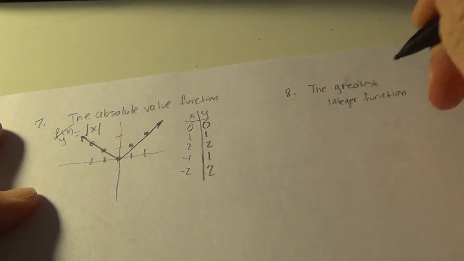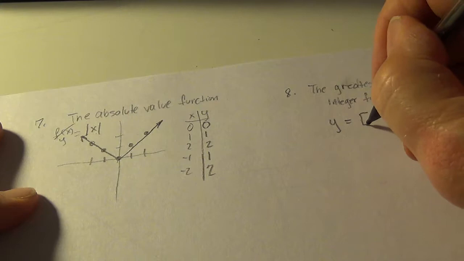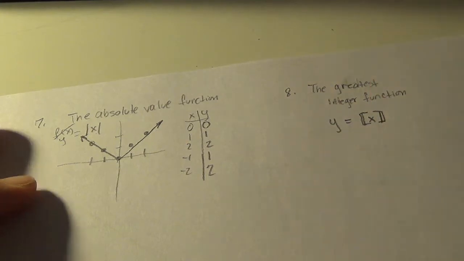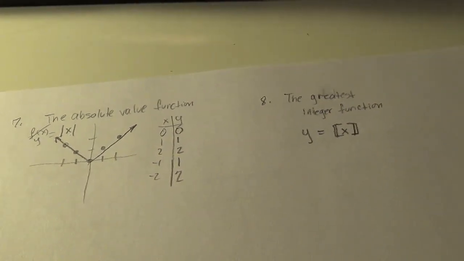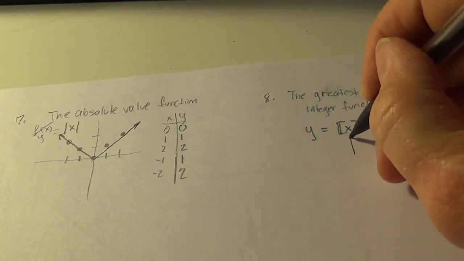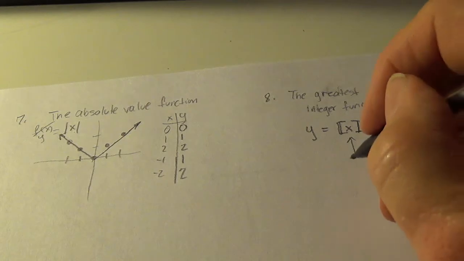It has a symbol that looks like this. It's sort of like a bracket with two lines in it on each side. It's read the greatest integer function, and this means whatever value I put in for x, I want the greatest